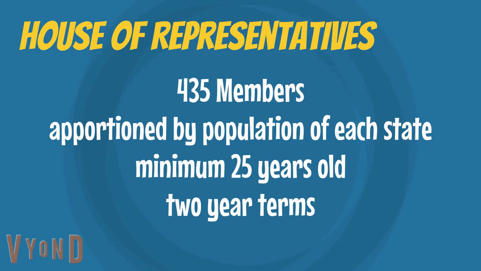The only requirements for you to get elected to the House are that you're a citizen, you live in your state, and you're at least 25 years old. House of Representatives terms are 2 years, so if you're going to stay in the House, you have to get reelected every 2 years. Sometimes people stay in the House 30 or 40 years, which means they're getting reelected 15, 20 times. Okay? The idea of the House of Representatives from the Constitution is that it's the body that represents the everyday people, that brings into Washington the interests of the everyday people.